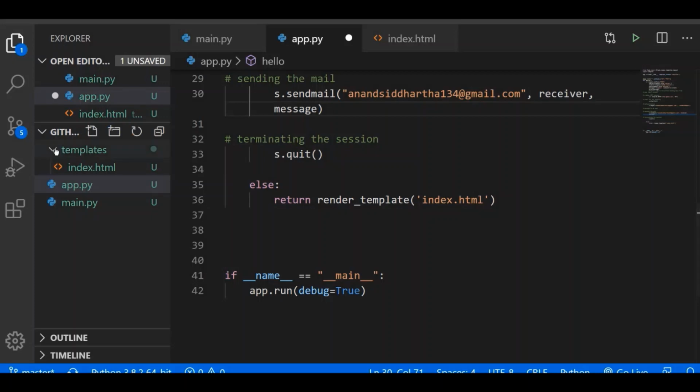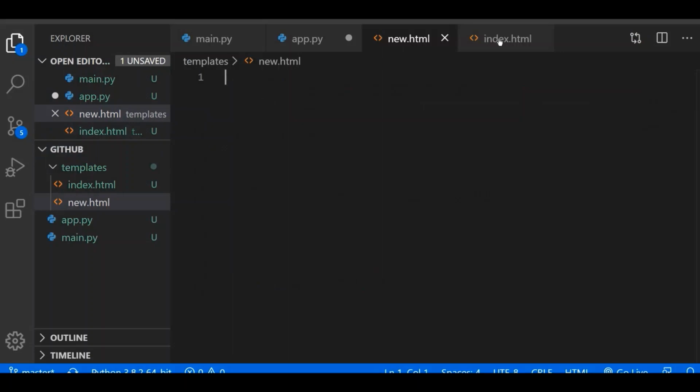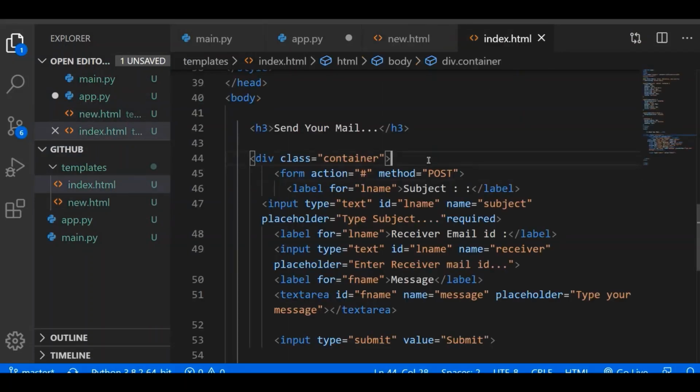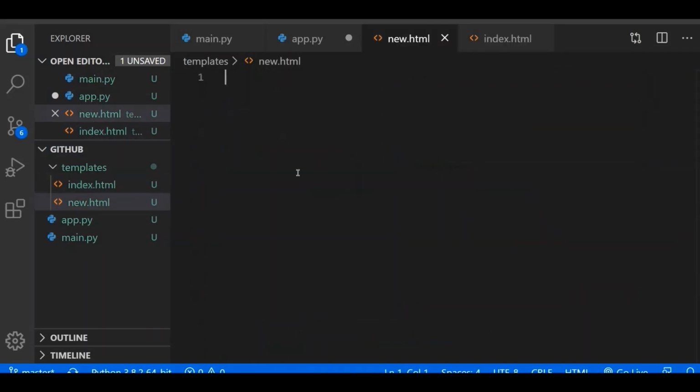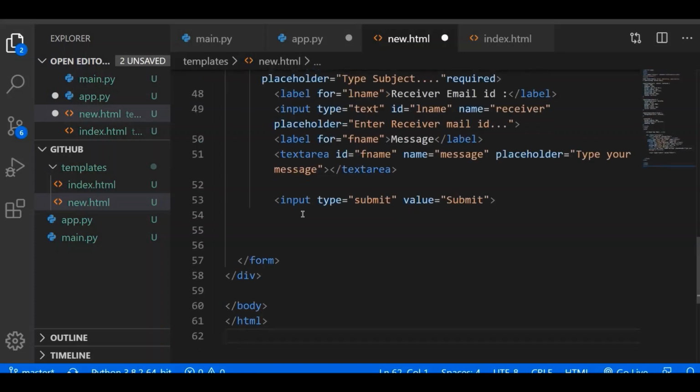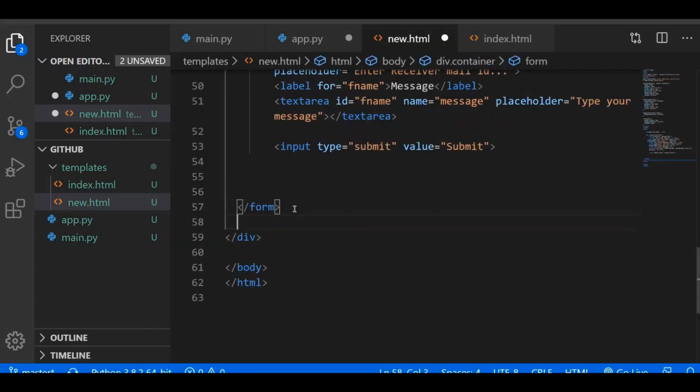For that we have to create one file here in the template folder, and I will name it new.html. So I will copy all the code from this index.html. I will paste it here, and after the form I will make a p tag, and I will write message sent successfully.